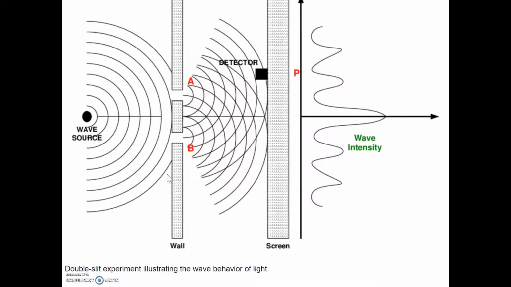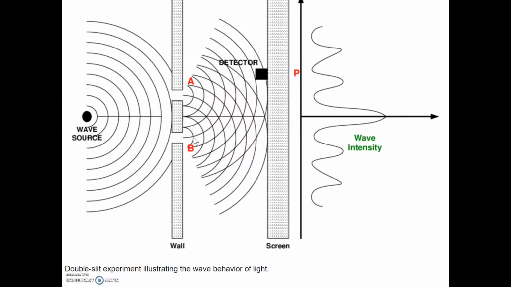Interestingly enough, these two slits right here create their own sources. So source A and source B are created by these slits. And what that causes is another pattern of two source interference. What that means is that it is a diffraction pattern caused by the slits with a two source